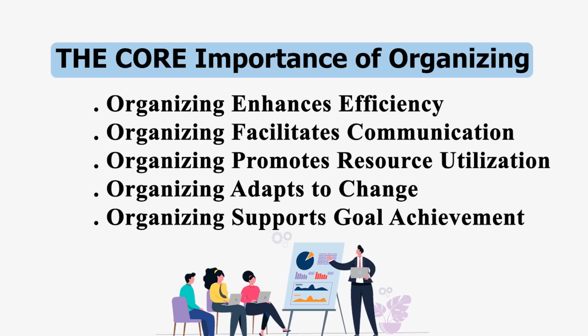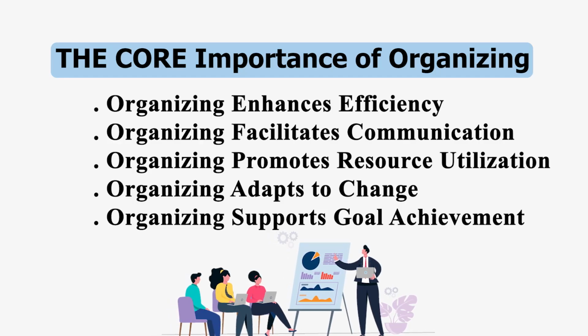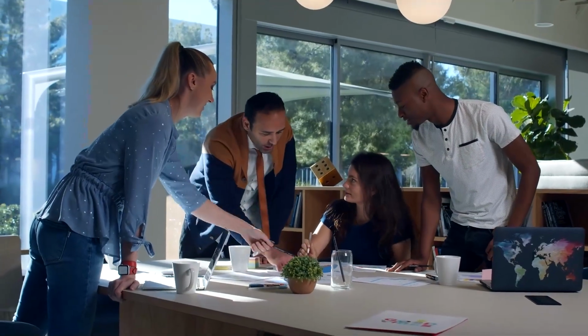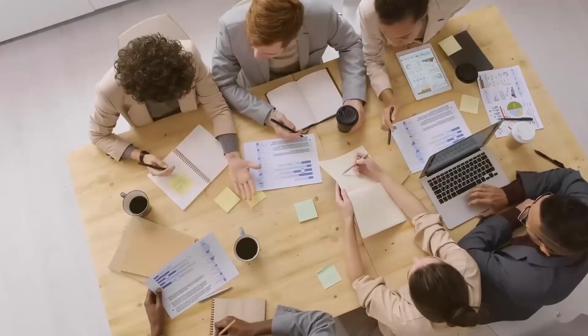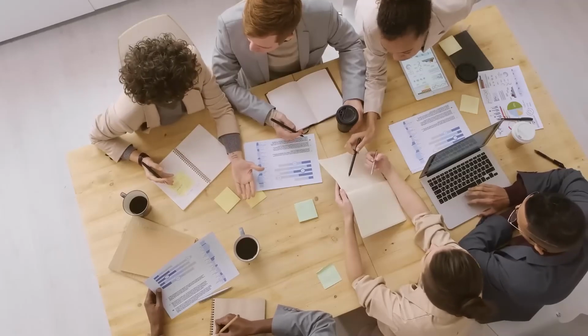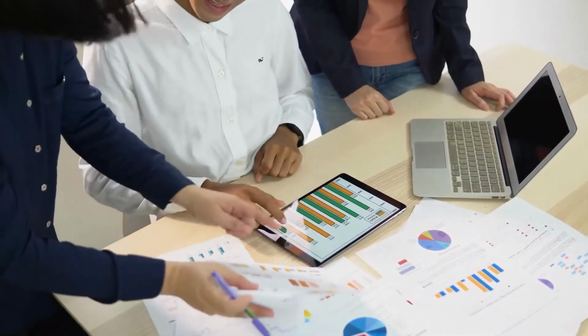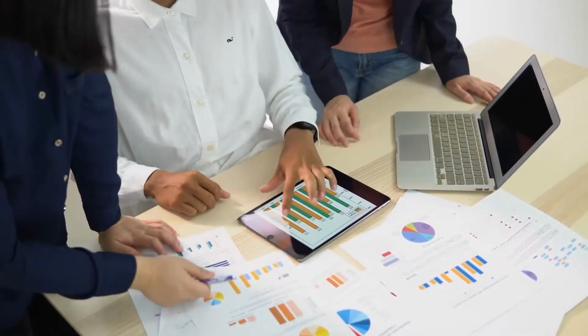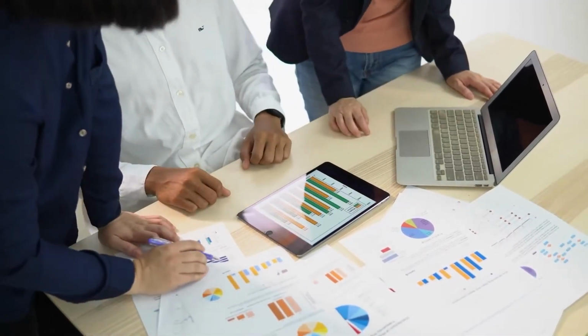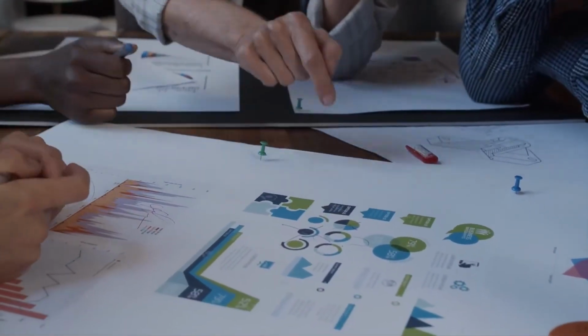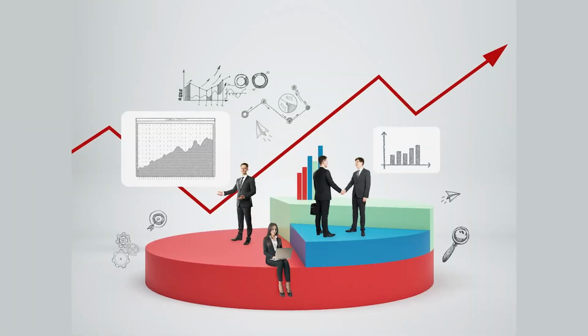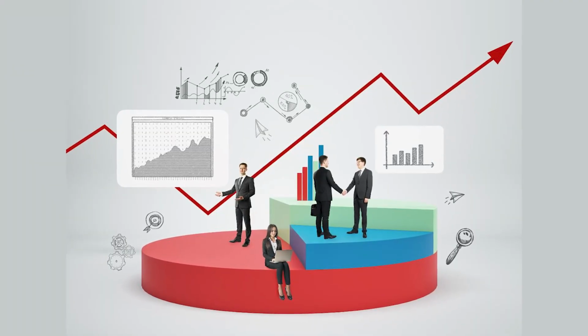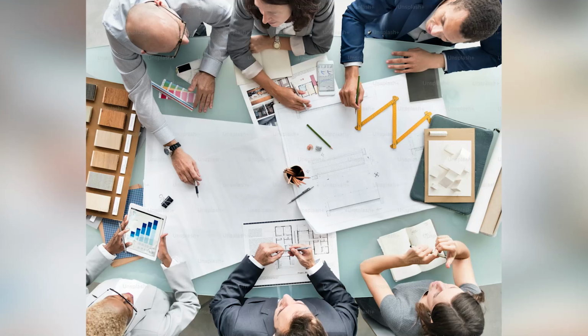Organizing enhances efficiency. It clearly defines roles and responsibilities. The second importance is that organizing facilitates communication. A structured organization fosters clear communication channels, which are essential for effective collaboration and information flow. Organizing promotes resource utilization. Effective organizing ensures that resources such as human, finance, and technology are used optimally, minimizing waste and maximizing productivity. A well-organized structure can more easily adapt to changes in the external environment, such as market fluctuations